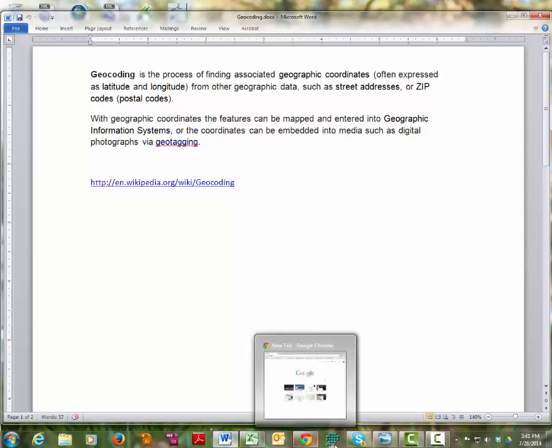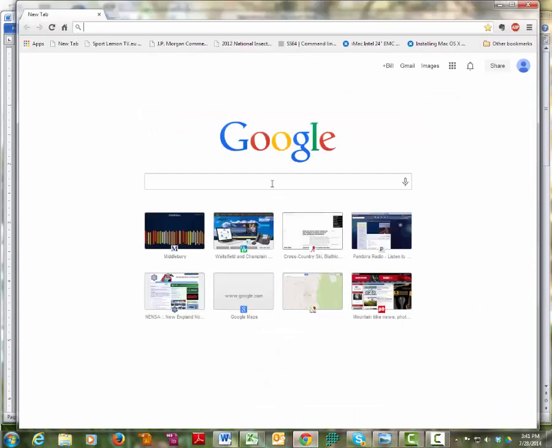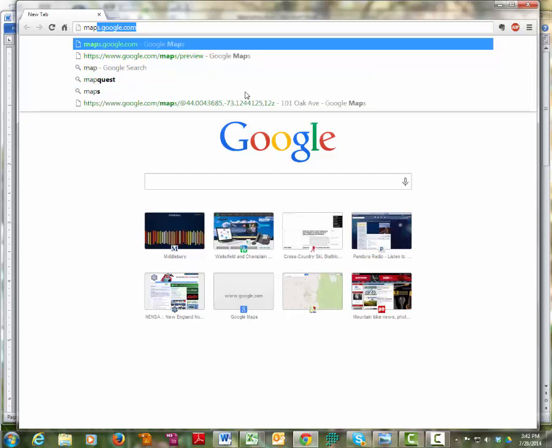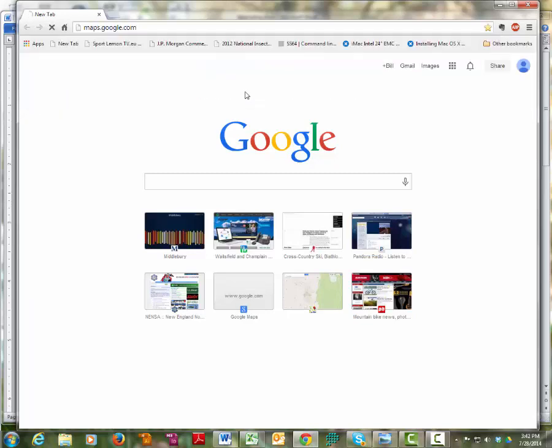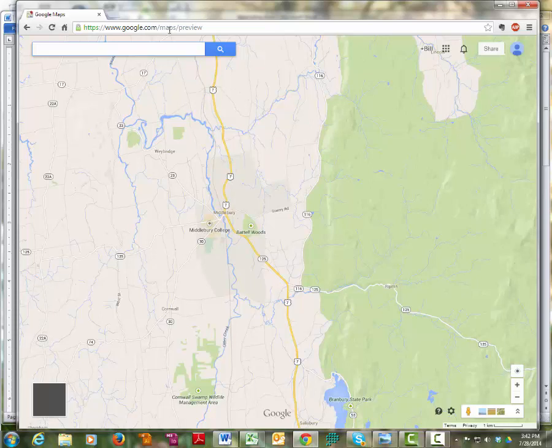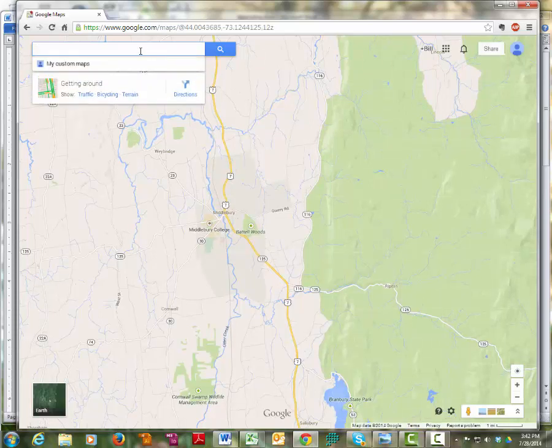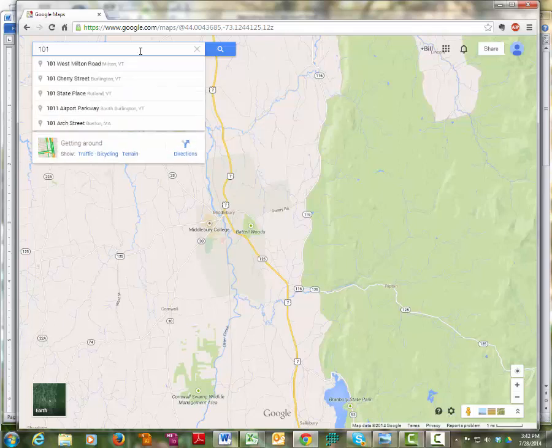So what I'd like to do is just show you a little bit here. So you've probably seen this quite a bit, and Google Maps is the best example of geocoding here. So if I was to type in maps.google.com right here, I could bring myself up to the maps page, and I'm going to type in an address, 101 Oak Avenue,